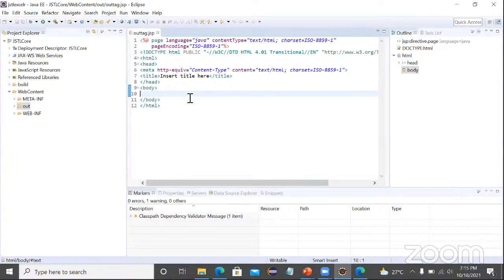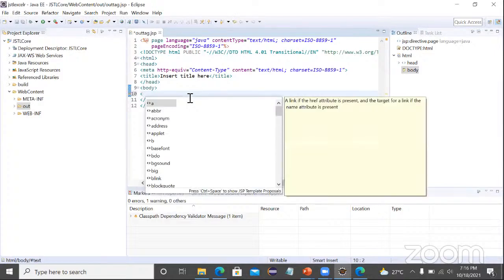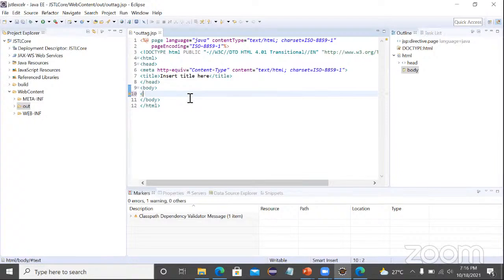And before that, yes, we have to include the tag library, right? So what is a tag library? We have to use the taglib directive. So either you can use it inside a body tag or at the beginning. So anything is fine, right? And yes, add, sorry. So this should be, all right. So now add